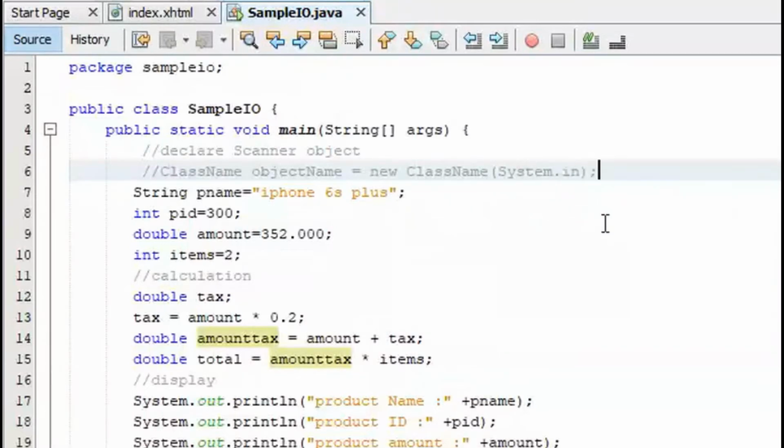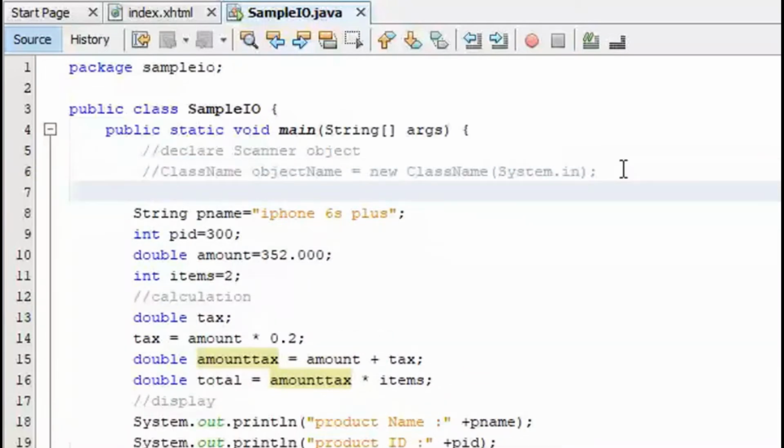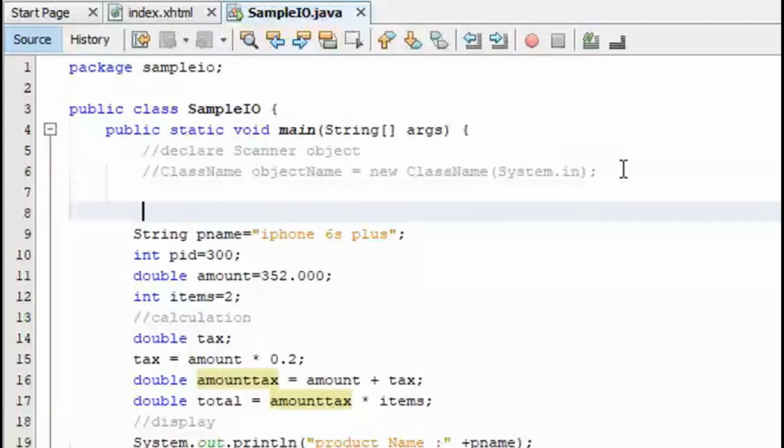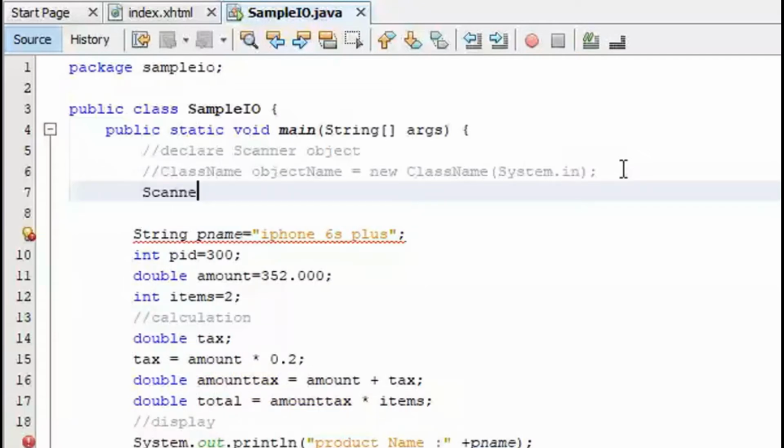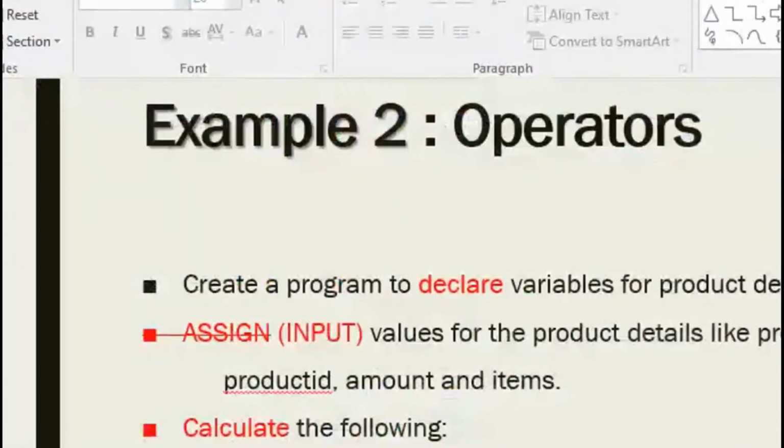System.in. Is this required, teacher? Yes, the system.in will allow you to access through the class name scanner. Okay, let's follow that syntax. What is the class name we will use where all these input methods are located? The input methods, which are nextInt, nextDouble, next, and so on, are inside the scanner class. Let's say I'm going to use KB. In our example here, the name of the scanner object was SC.